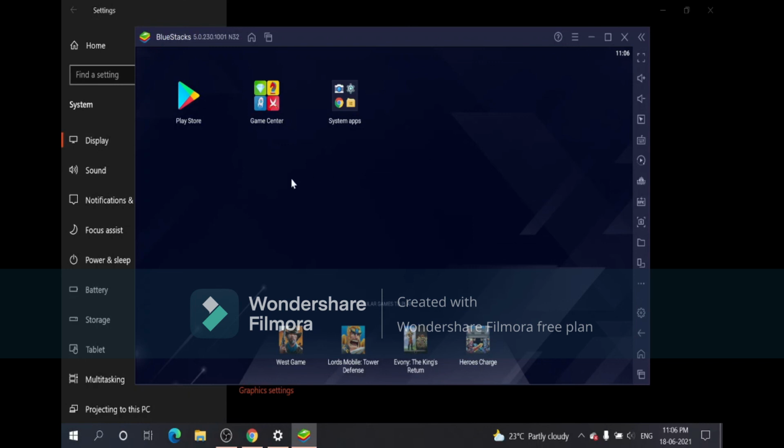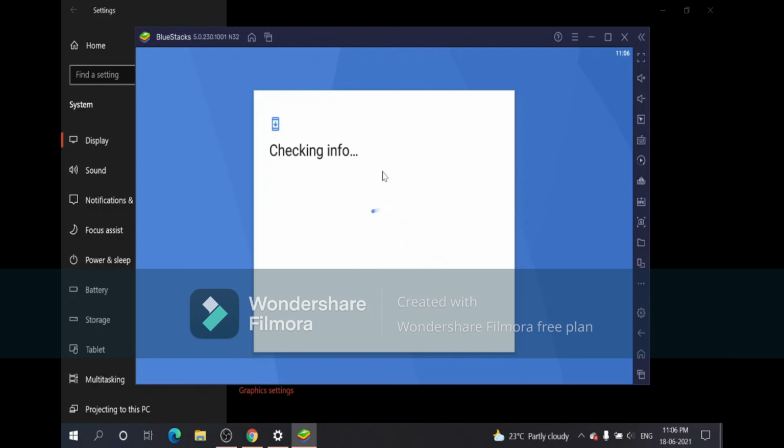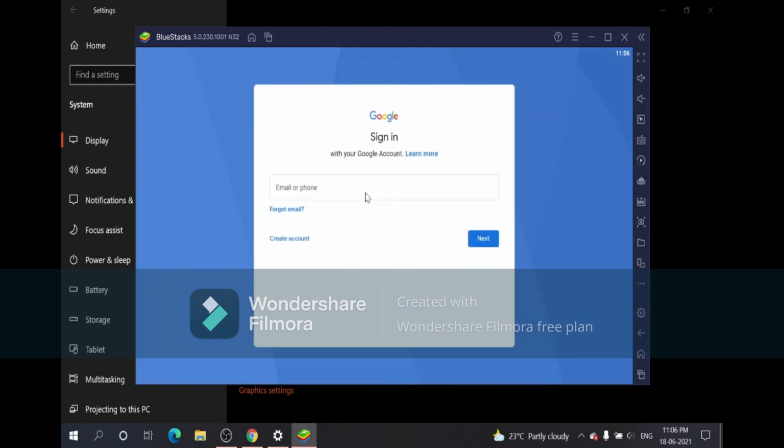And what you should do is open Play Store, and it will ask you to sign in. Just press on the sign in option. It should load up like this. It should be loading. Sometimes it won't work for you.